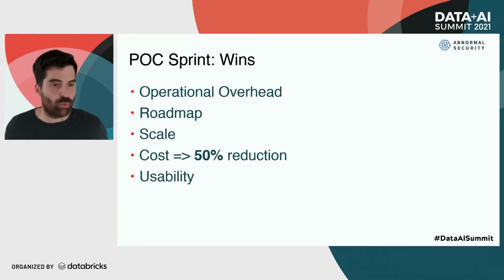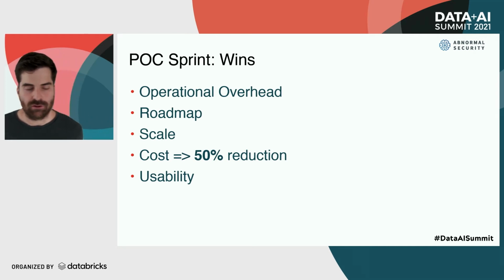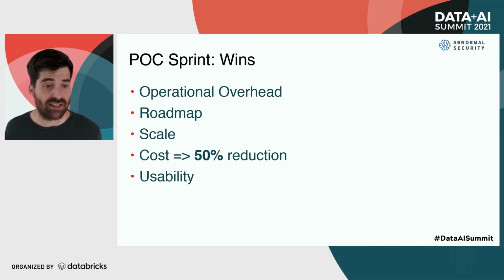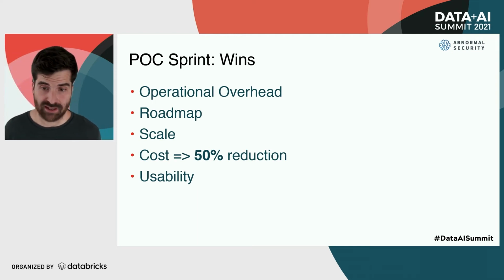So these are the wins that we assumed from the POC sprint that we observed. We were thinking that, from the operational overhead perspective, from all this time savings of not maintaining all these clusters, we're probably going to save at least half an eng day a week on operations. The influence to the roadmap: because we got a lot of things for free when moving to Databricks, we removed several eng weeks, if not months, from the roadmap.